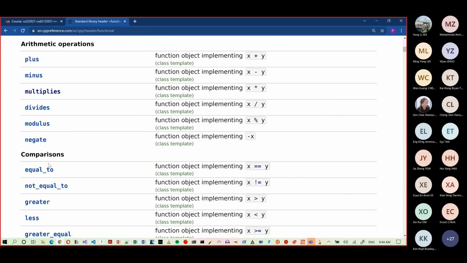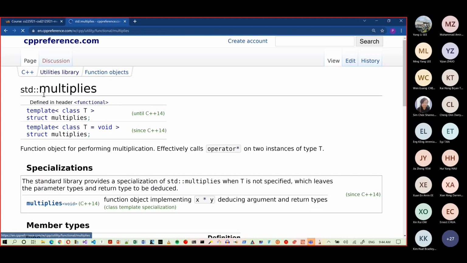And generally, when you come to the midterm or the final, if you know some of these, your life is going to be a whole lot simpler because you have to just type less, right? And I'll show you many examples today of how one can use it. So multiplies, the one you saw me use, looks like this. It is a